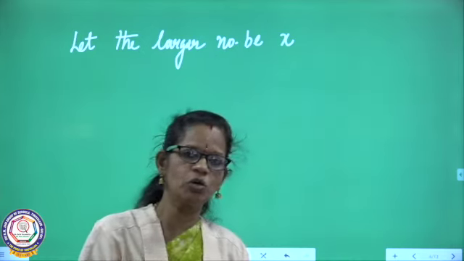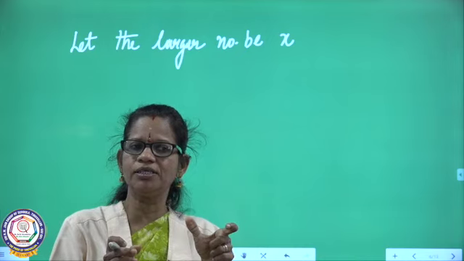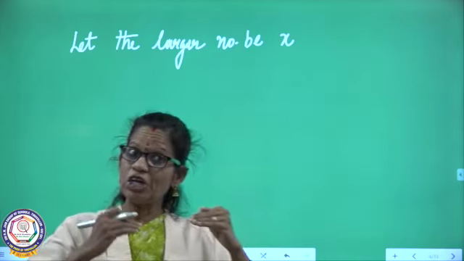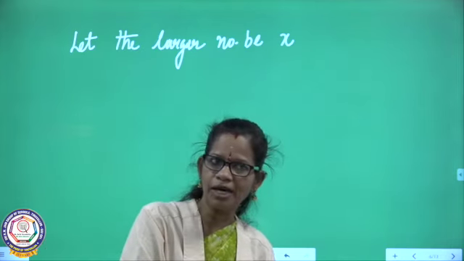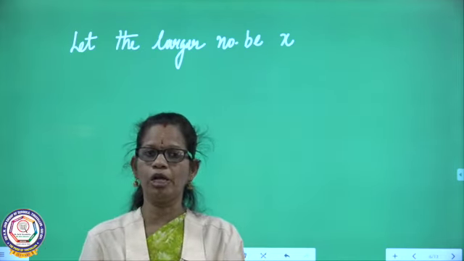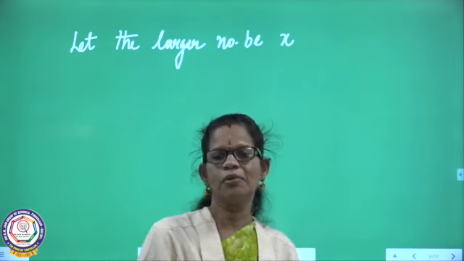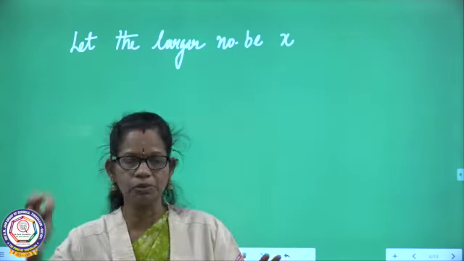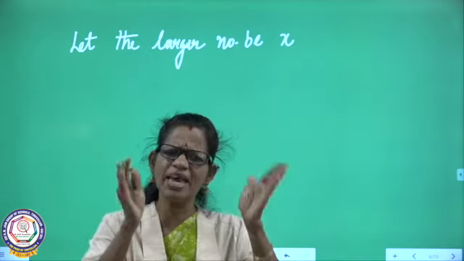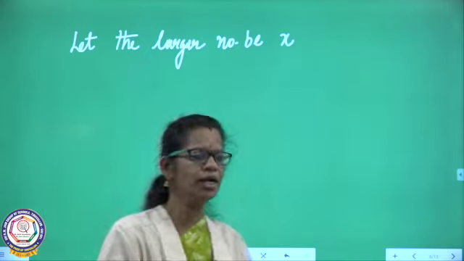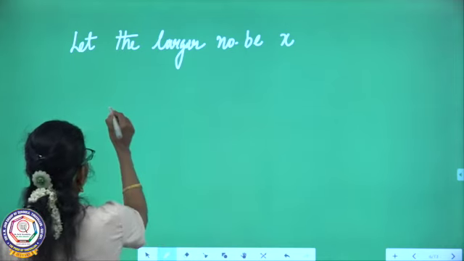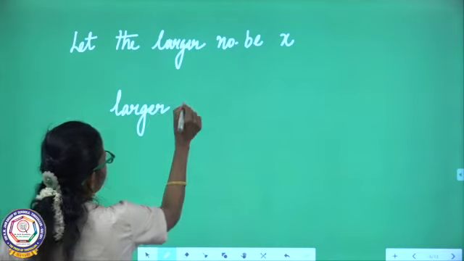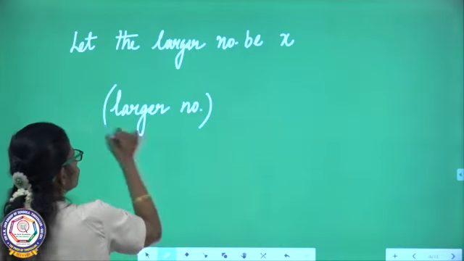What is given in the question? The difference. Difference in the sense of subtraction. The normal concept is bigger number minus smaller number only. You know integers and all, minus 3 minus 4 or minus 3 plus 4, that concept is different. The normal basic thing you have to bring to your mind, right? Larger number square